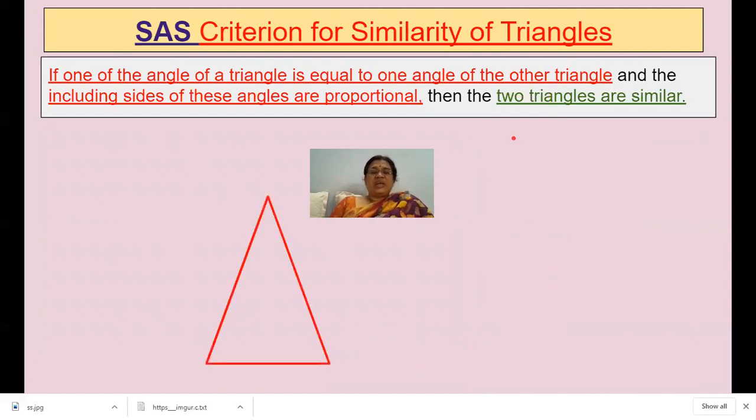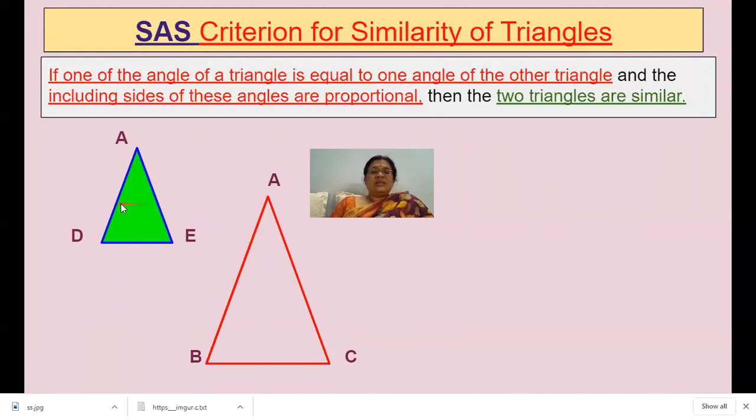See here, I have taken one triangle ABC, and DE is a line which is parallel to BC. When you observe this green part, ADE is again a triangle. One angle of a triangle is equal to one angle of another triangle. In this big triangle, angle A is the same when I move this triangle to the other side. So the angle remains the same.